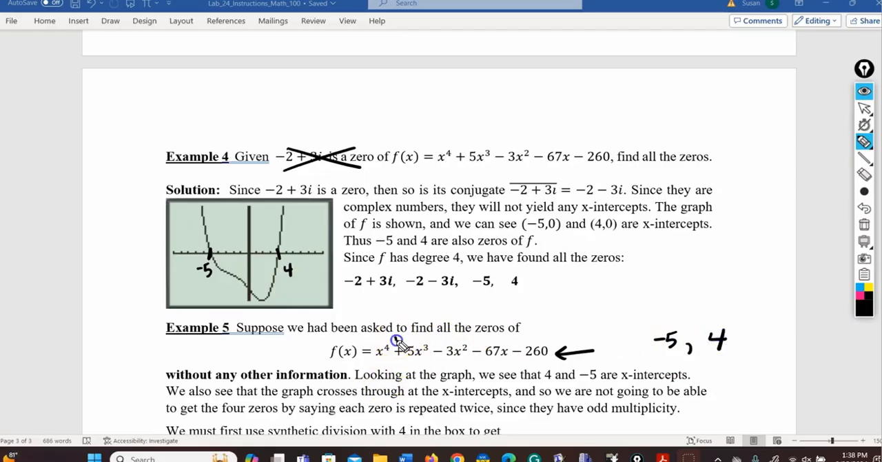Okay, now there will be 4 zeros in all. The problem is I can't make up the 4 by saying, oh, well, -5 is repeated twice and 4 is repeated twice. Why? Because this crosses through at -5. So it has odd multiplicity. It can't be repeated twice. This crosses through at 4. So it has odd multiplicity. It cannot be repeated twice. So what I've written there in red, it can't happen. So the only other option that we have,